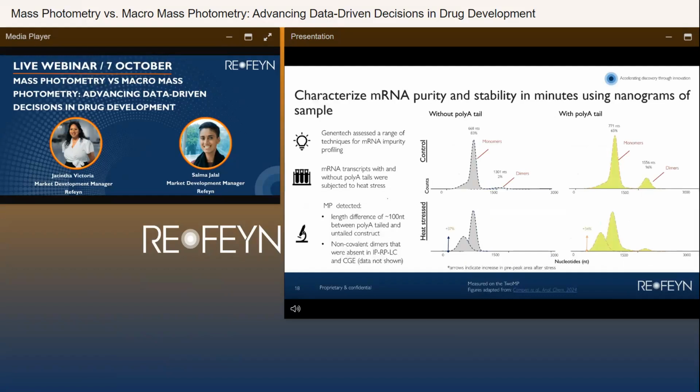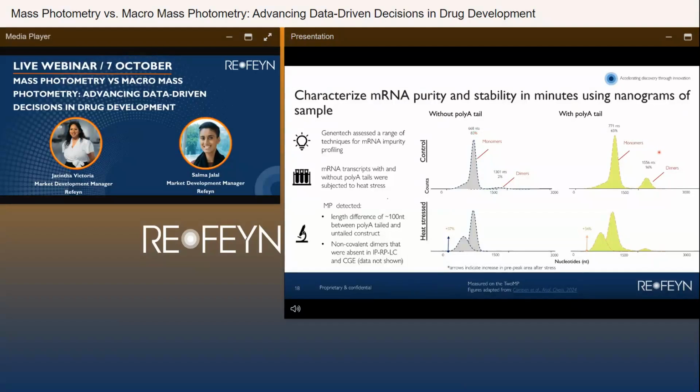In this next example, this is a study published last year by a group at Genentech, where they compared a range of techniques for mRNA impurity profiling and showed that mass photometry is an effective stability indicating method. In this figure, mRNA transcripts with and without poly-A tails were subjected to heat stress. So you can see on top in the control, the untailed and the tailed transcript had a